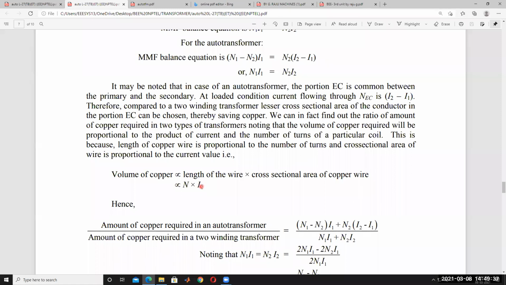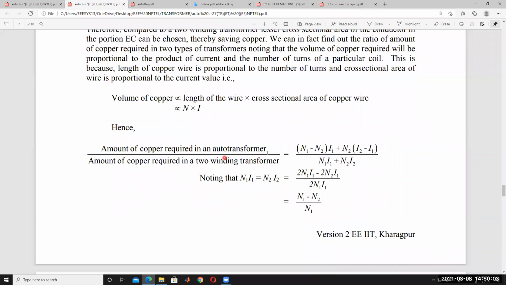If the cross sectional area of the copper is high, then the resistance is less and the current handling is more. Current handling depends on the cross sectional area of the copper wire. When the cross sectional area of the copper wire increases, current handling is more and the resistance is less.